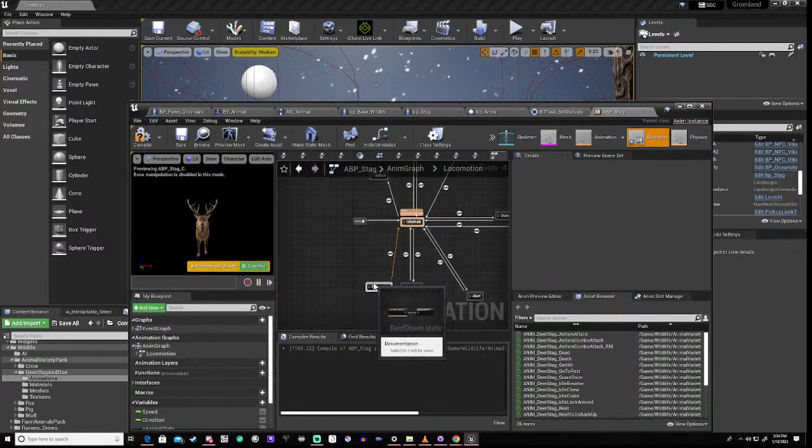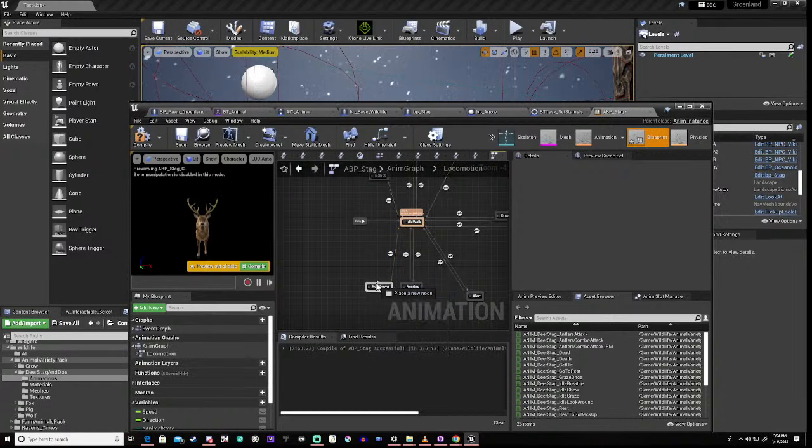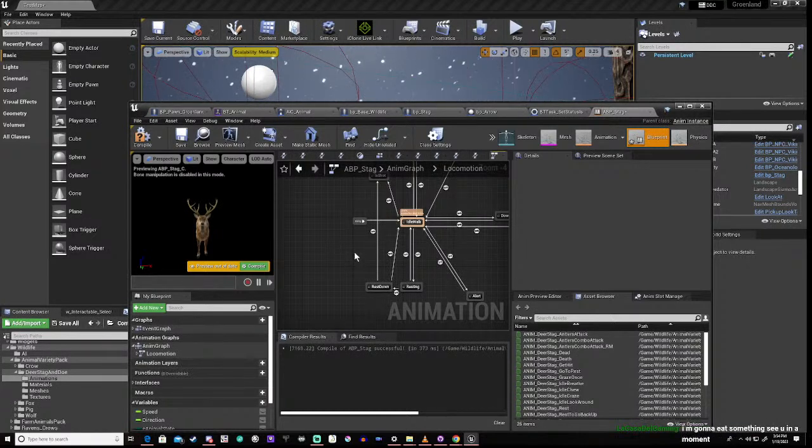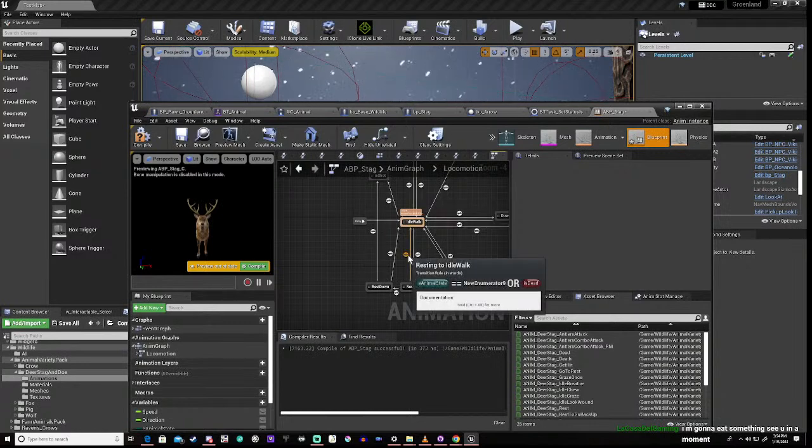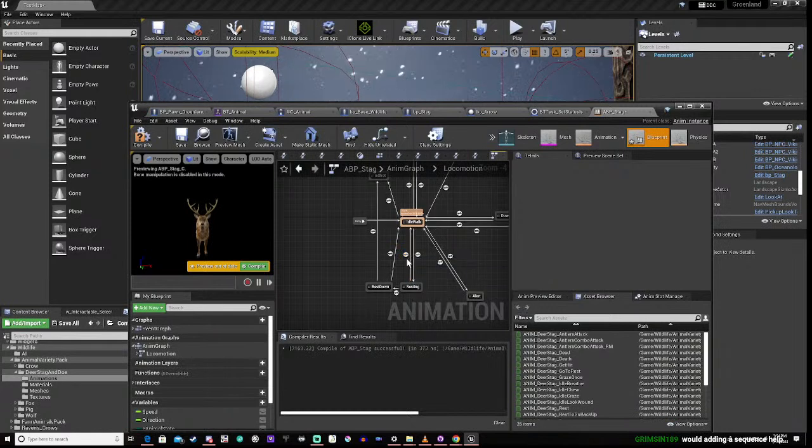Or everything's got a transition from here to here, right? So we can basically, not really, Grim. It's, see, what's happening is